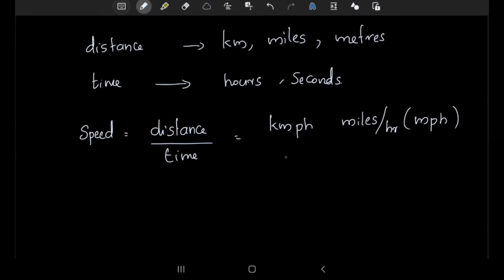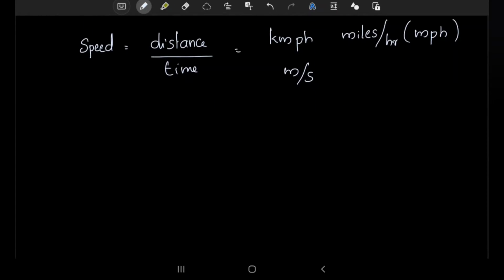mph or meter per second. These are the units of distance, time and speed we usually consider. If the speed is 1 kilometer per hour, we have to convert this into meter per second. For that, first shift 1 kilometer into